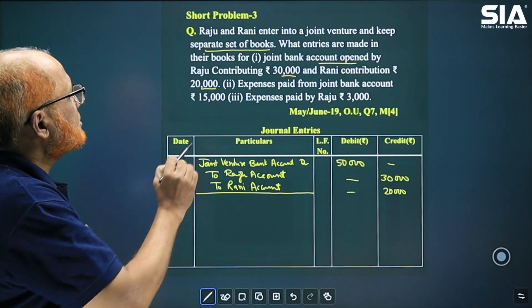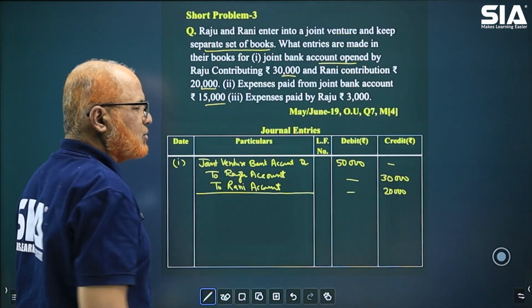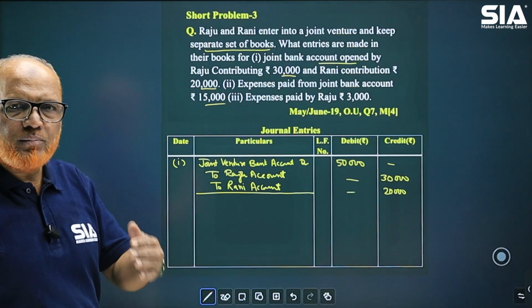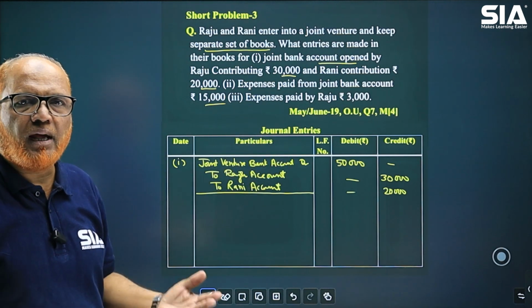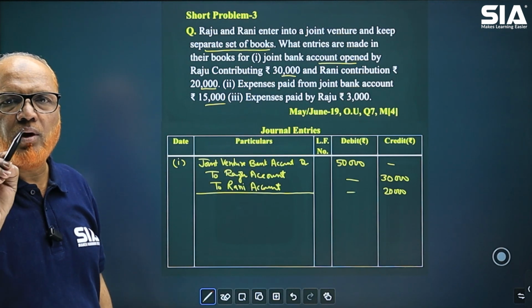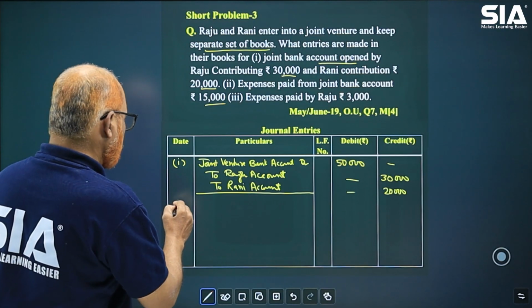Right? Now, secondly, expenses paid from joint bank account 15,000. From joint bank account, 15,000 are paid for expenses. And all expenses should be debited to joint venture account. So second entry,